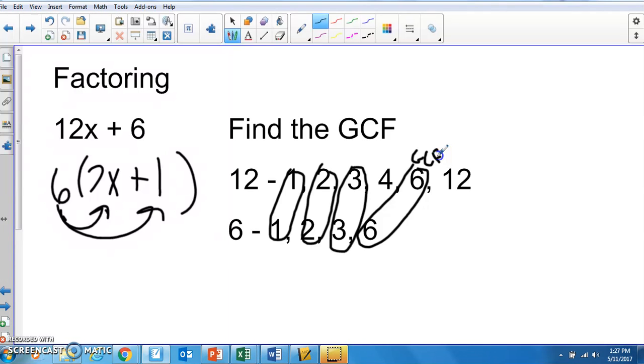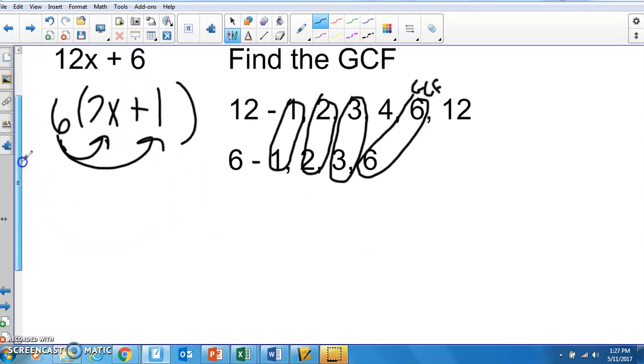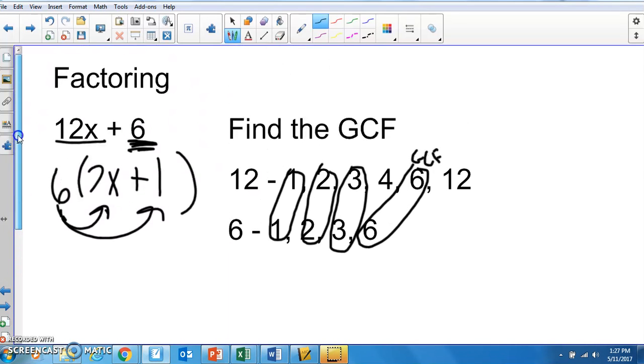Sometimes you're going to have a factoring problem that has a variable in the first term, but it will also have a variable in the second term. So let me do an example of that. And before I do that though,